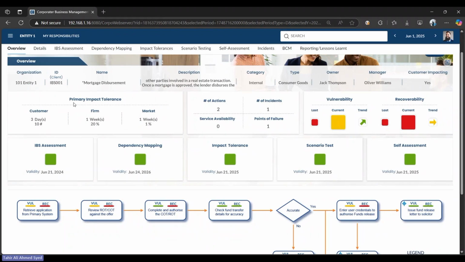You may see that we have a primary impact tolerance captured, because every service can have a primary, secondary, and tertiary impact, and we can align the service accordingly and also perform scenario testing in alignment with that. What becomes most key from a resilience monitoring standpoint is any active incidents that may have occurred related to the service.